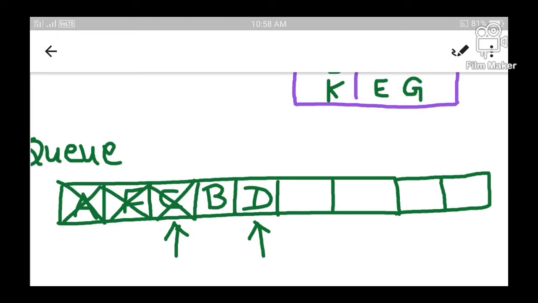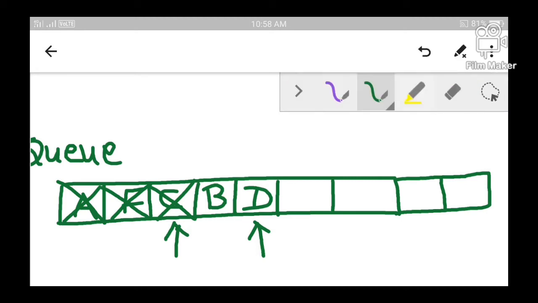A node which is not at all inserted into the queue will be selected and inserted into the queue. Since when C is deleted the node adjacent to C was F, but F was already visited and already inserted in the queue, it will not be inserted again. So this time, even after removing the node C, its adjacent node will not be inserted into the queue since it is already inserted. Now, moving on.